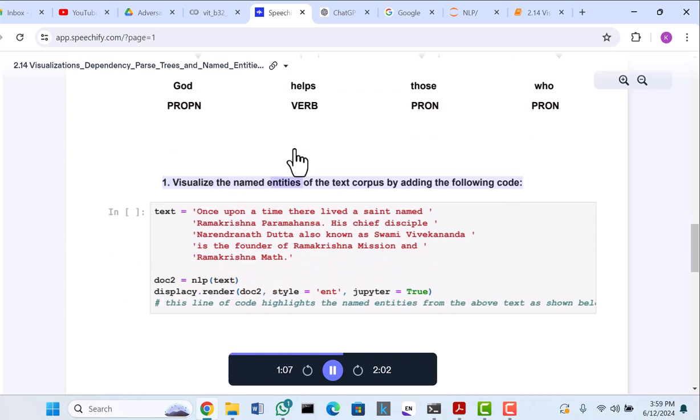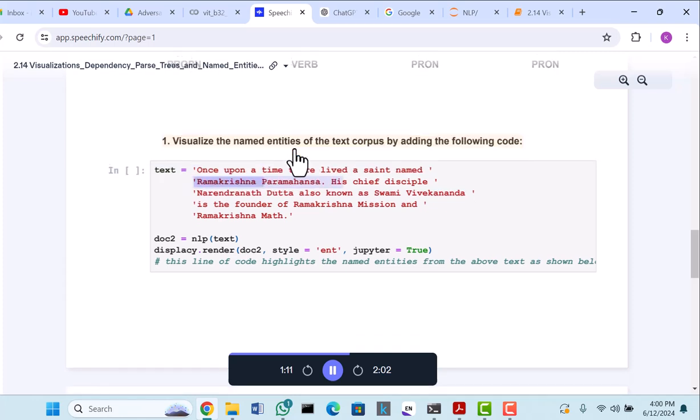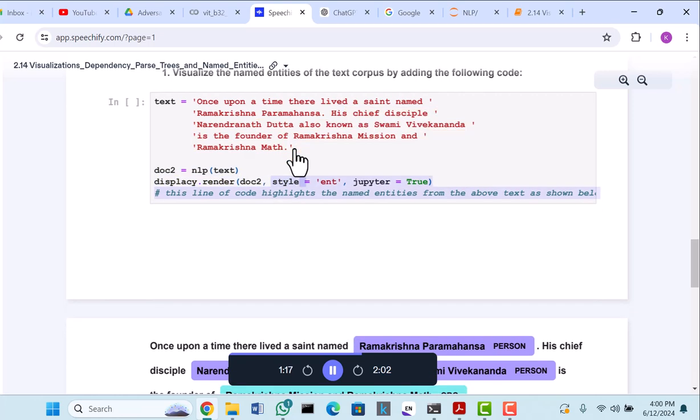4. Visualize the named entities of the text corpus by adding the following code. text = "Once upon a time there lived a saint named Ramakrishna Paramahansa. His chief disciple Narendranath Dutta, also known as Swami Vivekananda, is the founder of Ramakrishna Mission and Ramakrishna Math." doc2 = nlp(text) displacy.render(doc2, style="ent", jupyter=True) #